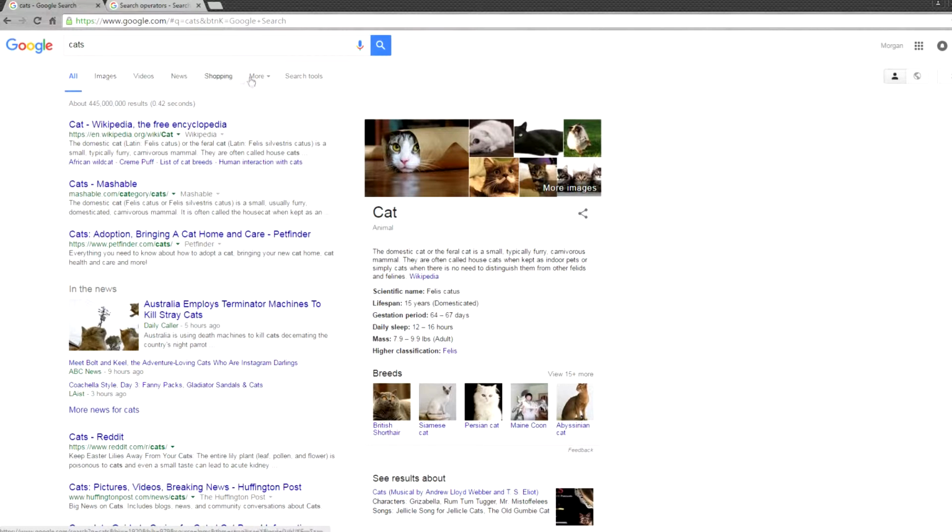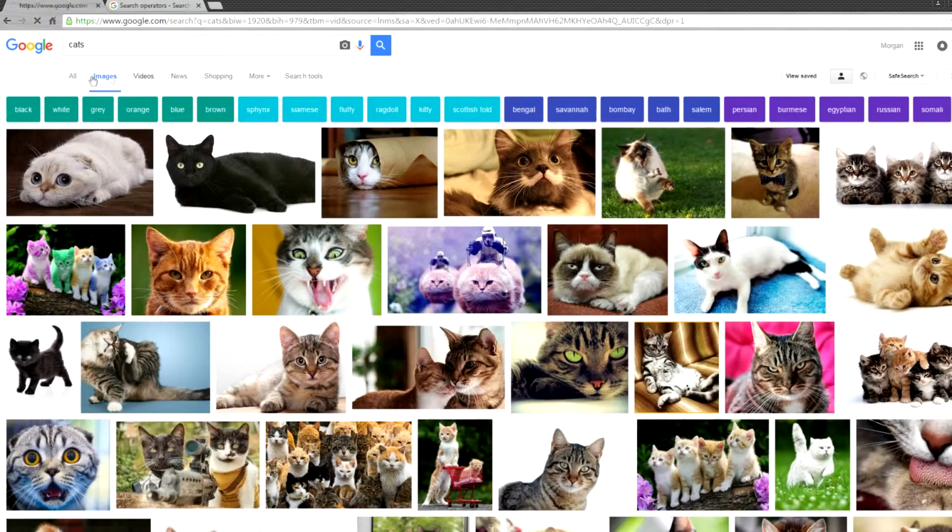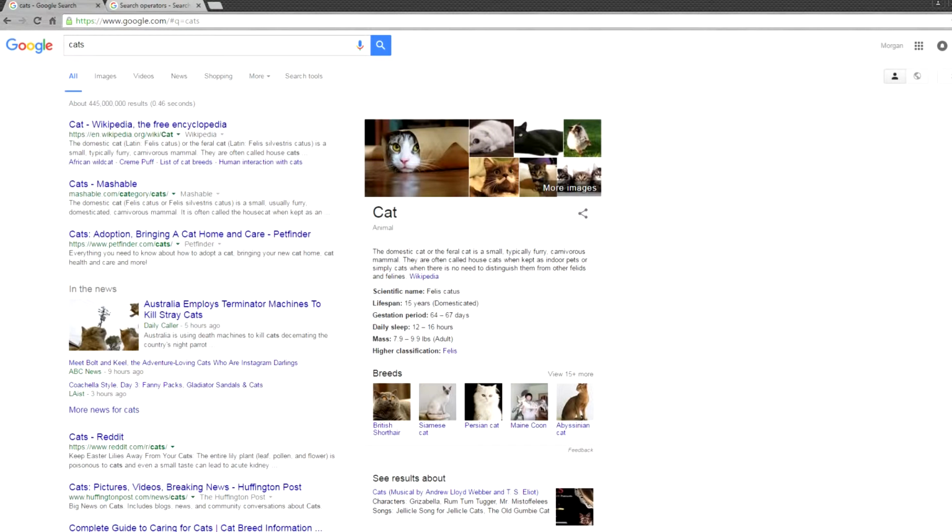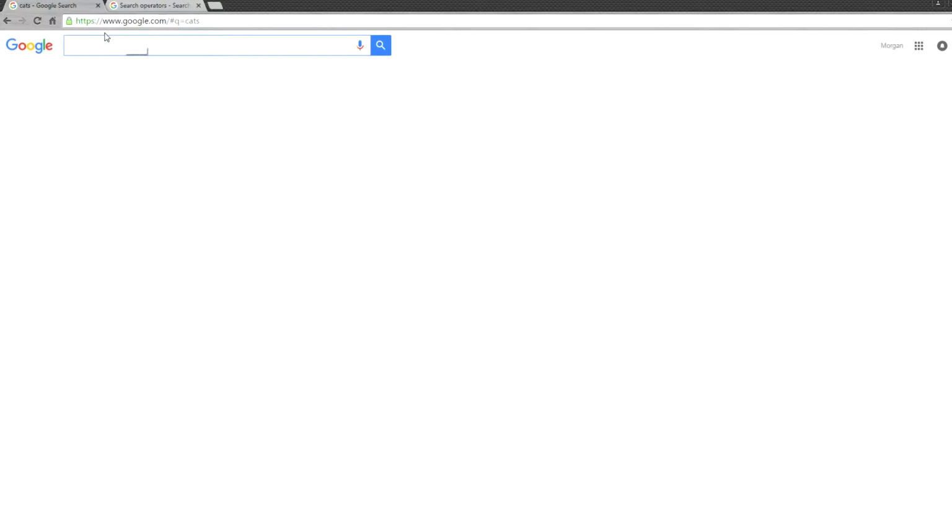And an easy to use list you can choose from, images, videos, all these things are great, but there are some excellent functions that Google has that some people might not know about. And I would really encourage everyone to use them, practice, look them up in order to enhance your search experience and make you a better searcher. But there are a couple things that Google can do for us that kind of don't have to do with